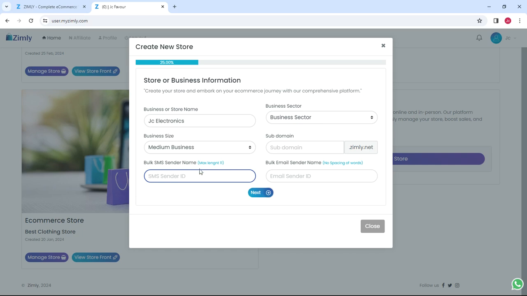So this is where you enter your bulk SMS sender ID. This is the ID that you want people to see. Once you send them bulk SMS, that name is going to appear, okay? That name you want them to see as the sender. Normally it's supposed to be your mobile number, but now they're going to see a name, maybe your business